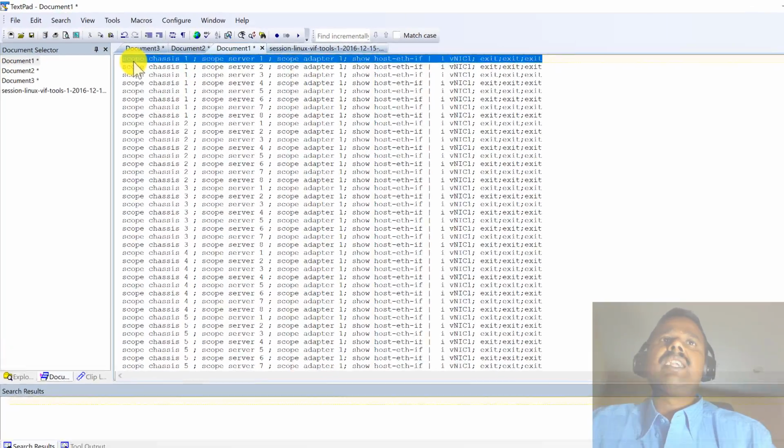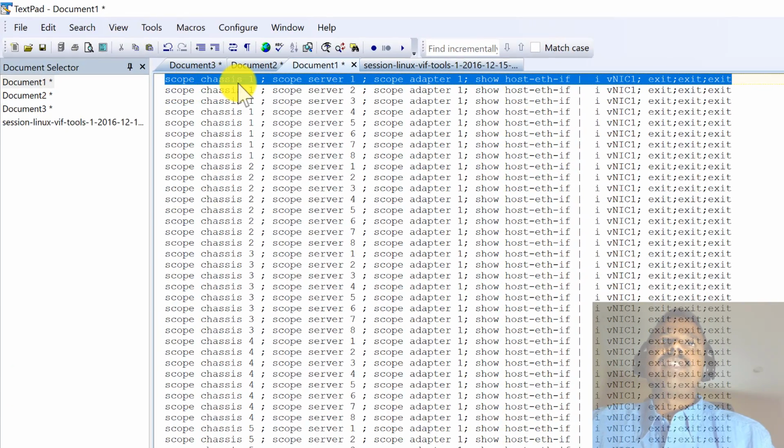So what it does: scope chassis 1, scope to server 1, scope to adapter 1, show host-eth-if, and filter with vnic 1. It goes to chassis 1, server 1, adapter 1 and the first vnic. It shows that MAC address.